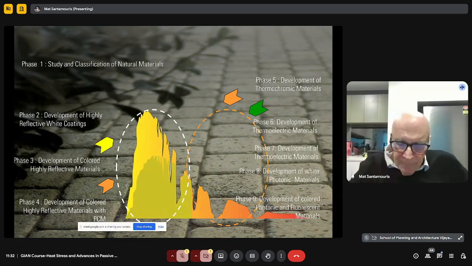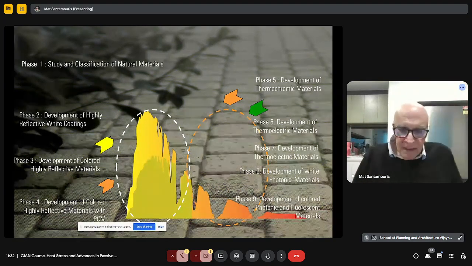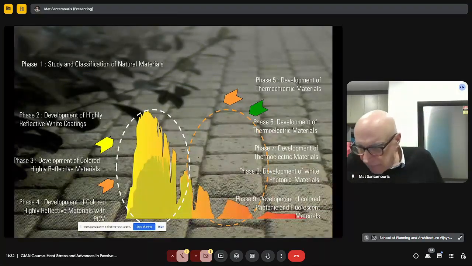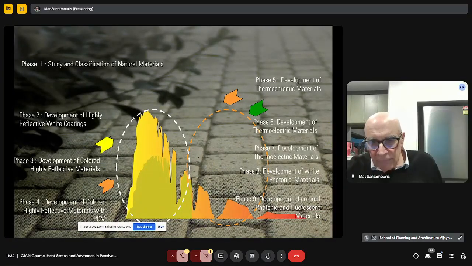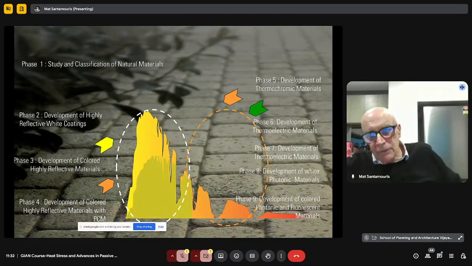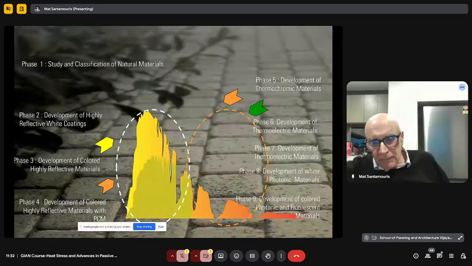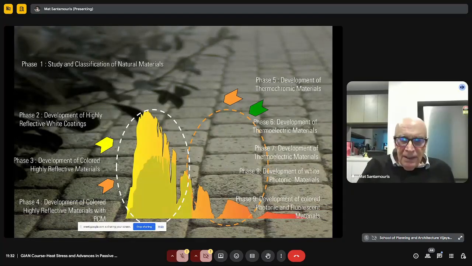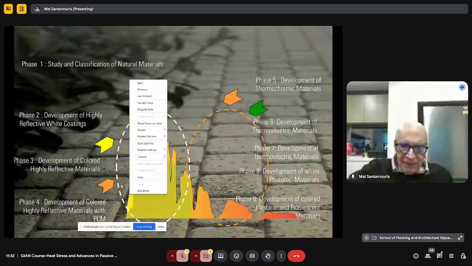At the beginning these materials were white or silver, and because of the very high reflectance, they could be used only on the roofs of buildings. But in the last years, we have developed photonic materials which present very high thermal and optical properties, but with color, which means that we can have very high optical performance and subambient temperatures, but in different colors. This is a short history of what has happened in material science.